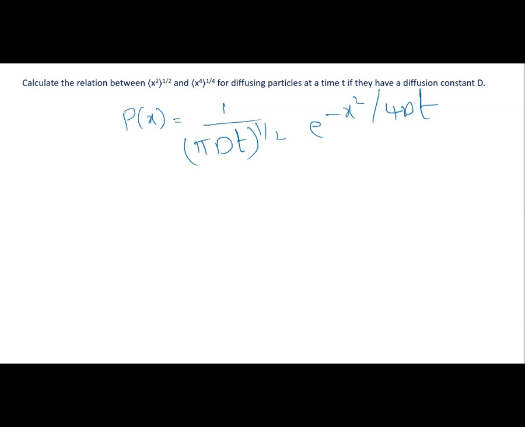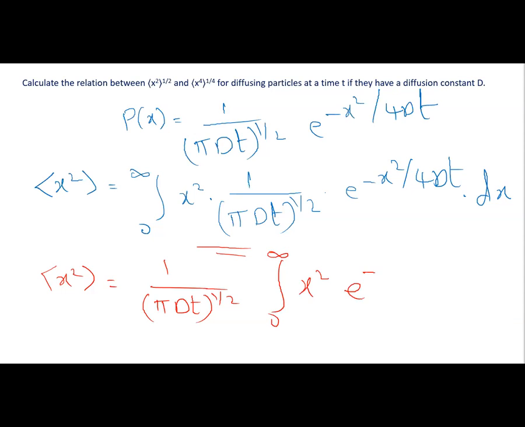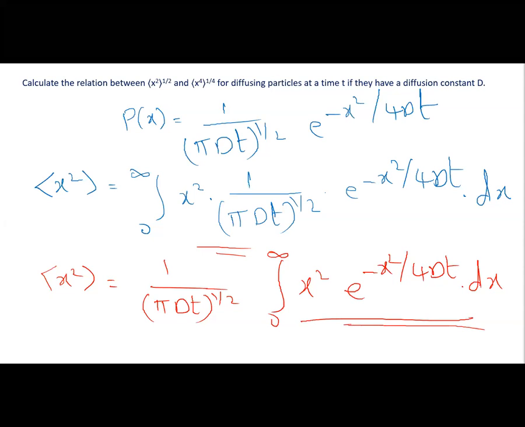So if this is the probability, and if you want to calculate the root mean square displacement, we need to weight the term x² by this probability distribution. Mathematically, this can be done like ⟨x²⟩ equals the integral from 0 to infinity of x² weighted by this probability distribution, (1 over πdt)^(1/2) times e^(-x²/4dt) dx. We know that this is a constant, so it can come out of the integral. ⟨x²⟩ becomes (1 over πdt)^(1/2) times the integral from 0 to infinity of x² times e^(-x²/4dt) dx. And this has the form of a standard integral, which is equal to